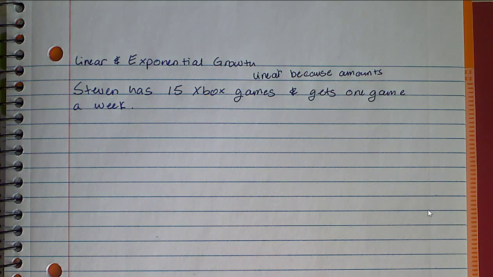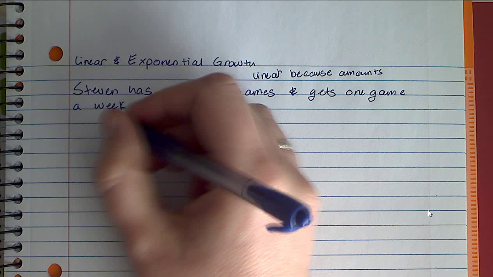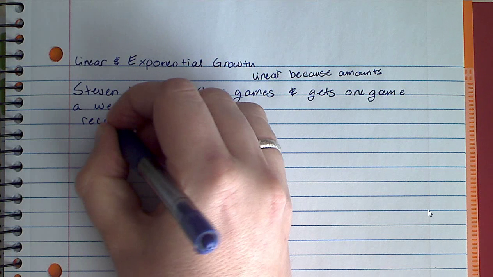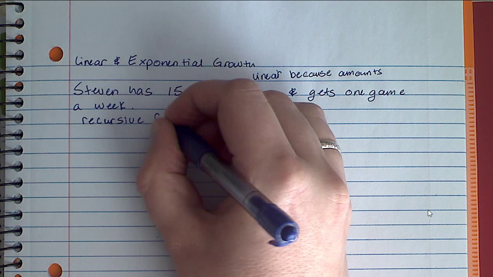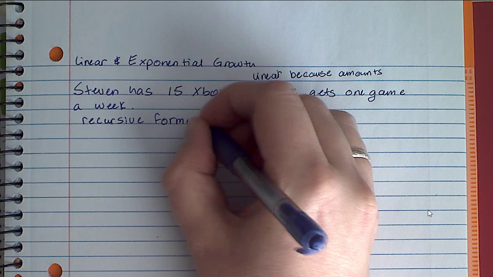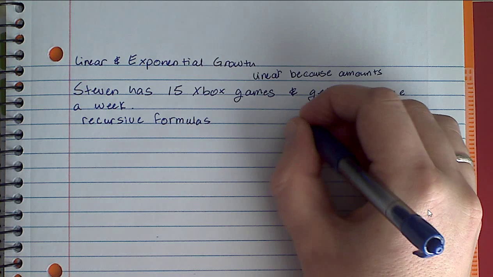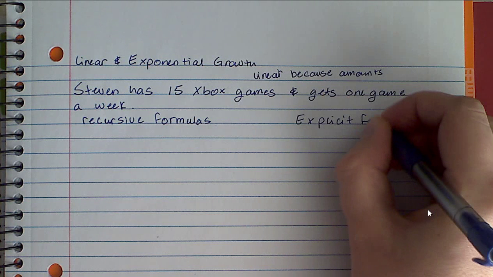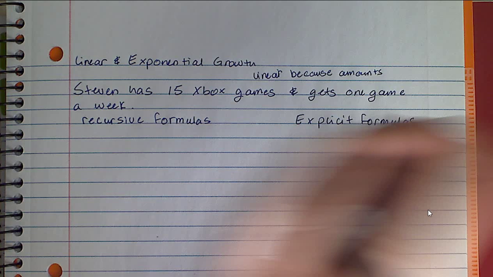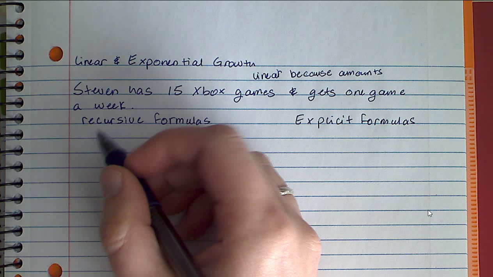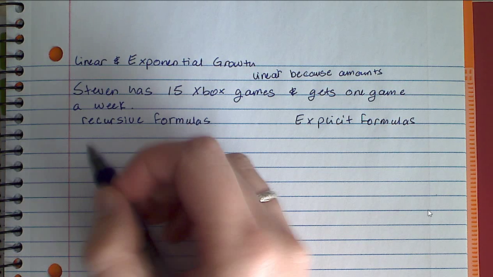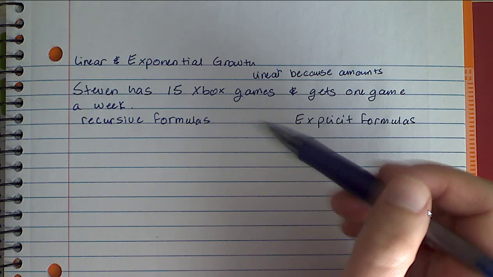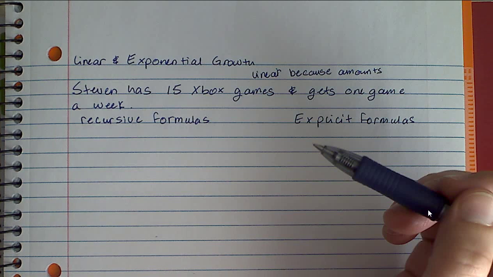All right. Now, first we're going to talk about what are called recursive formulas versus explicit formulas. Okay, so, guys, quiet. A recursive formula is where you make a formula saying the amount of games he has is however many games he had before, plus something. So a recursive formula would be,